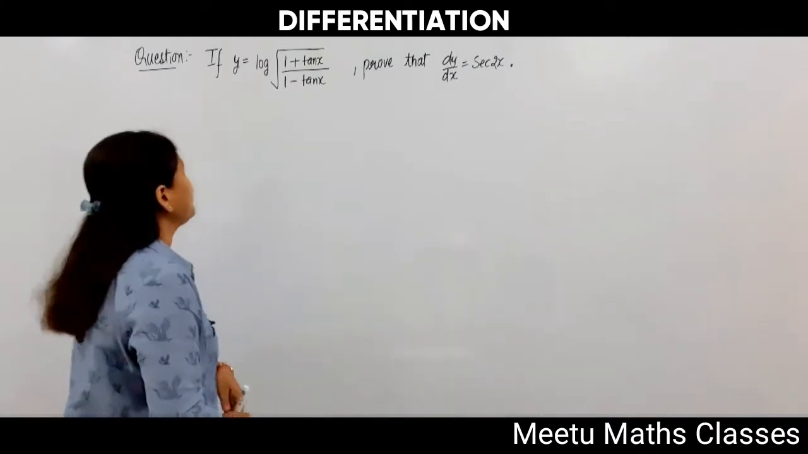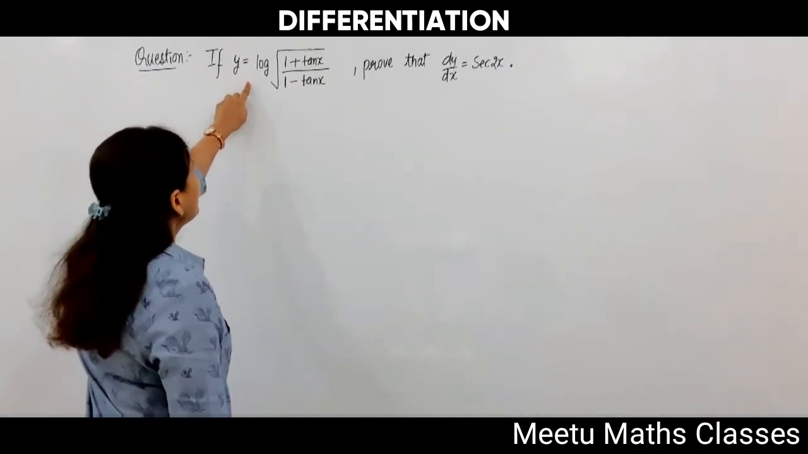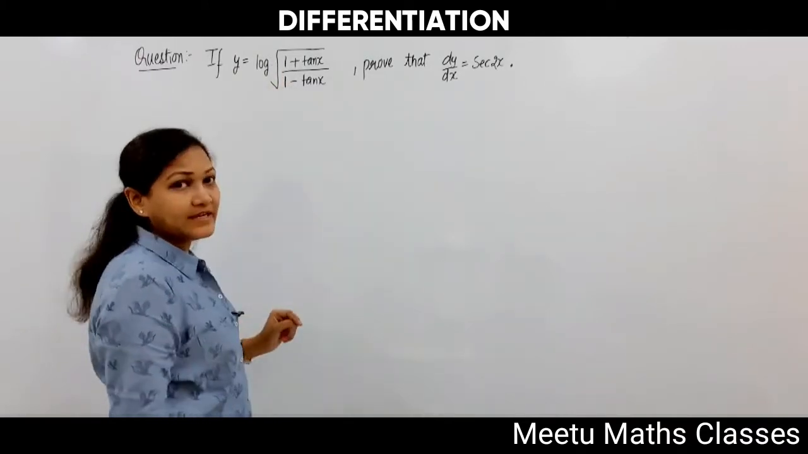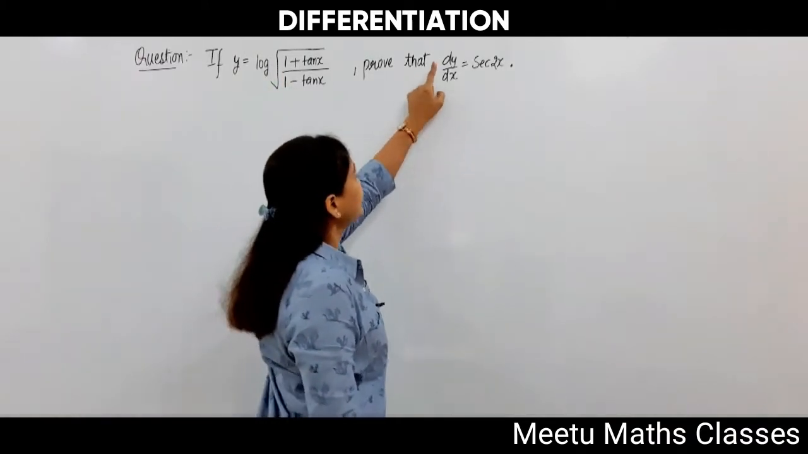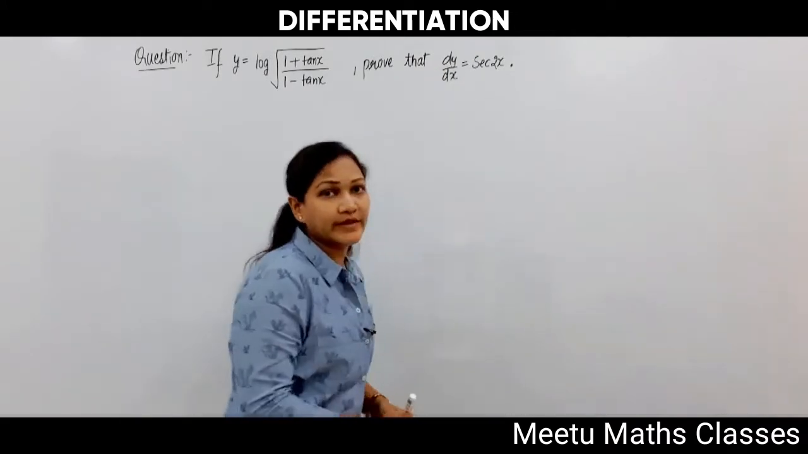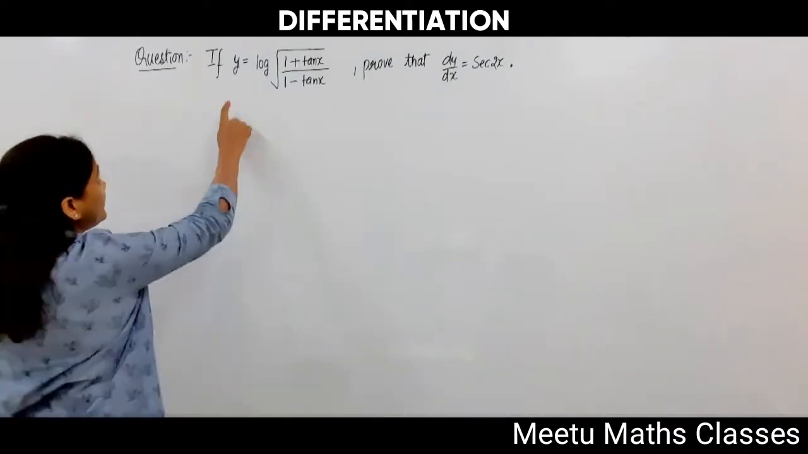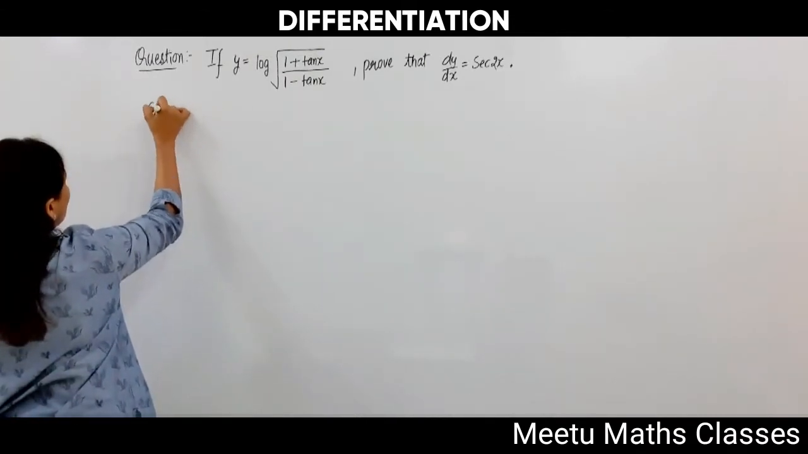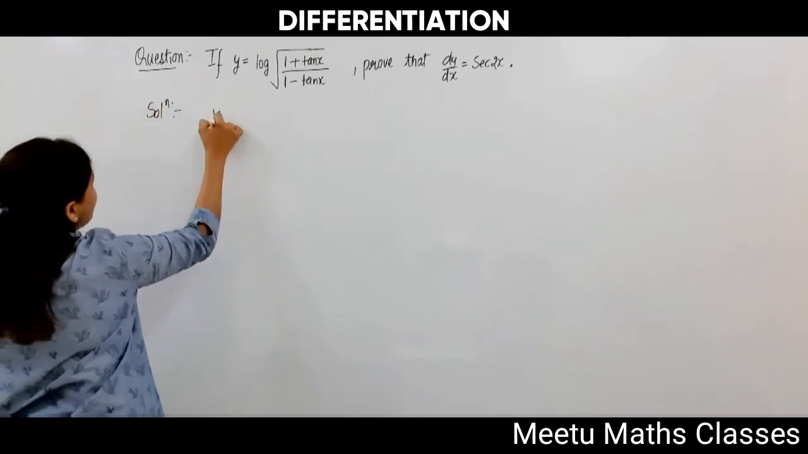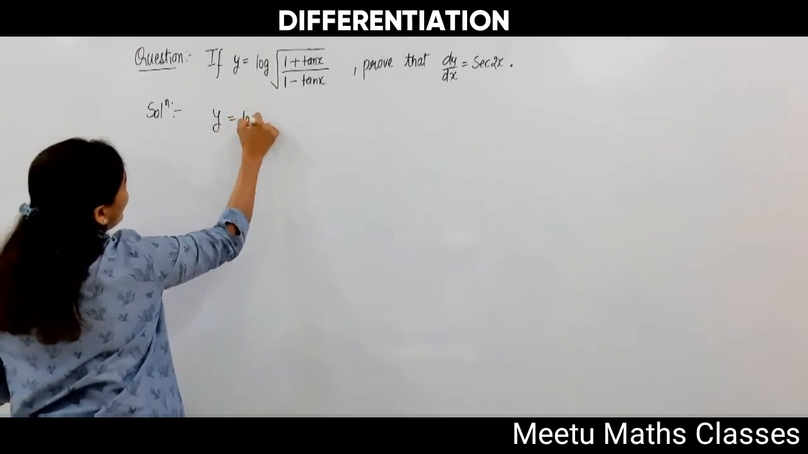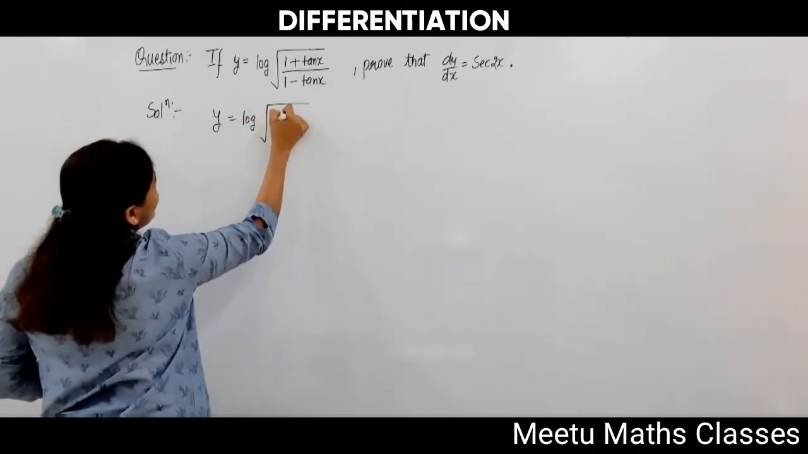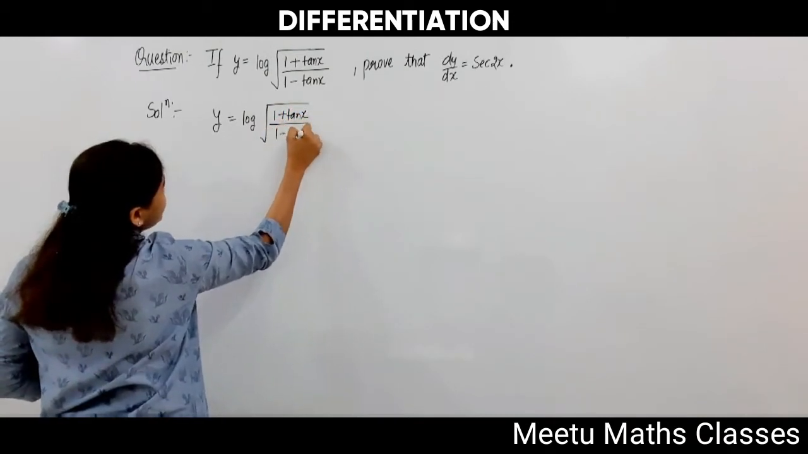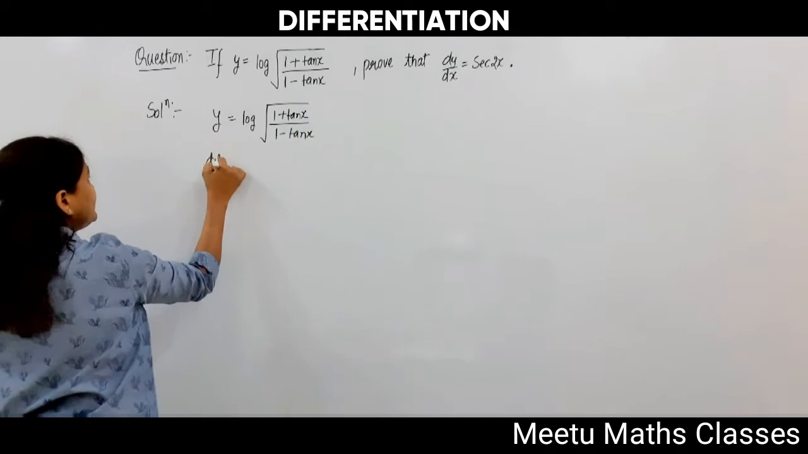Your question is, if y is equal to log of square root of (1 plus 10x upon 1 minus 10x), then prove that dy by dx is sec 2x. Now to find the derivative with respect to x, so your y is log of square root of (1 plus 10x upon 1 minus 10x). Now differentiate